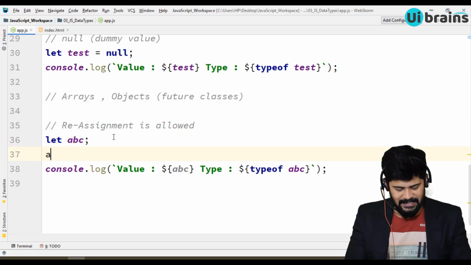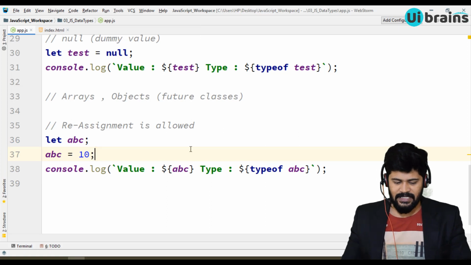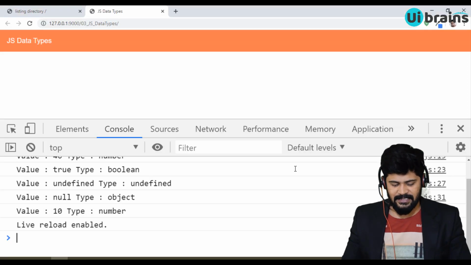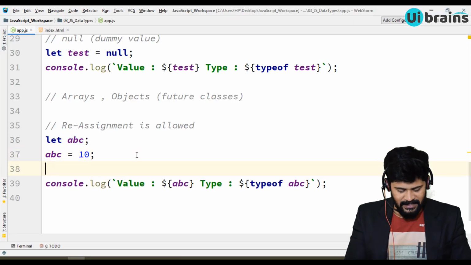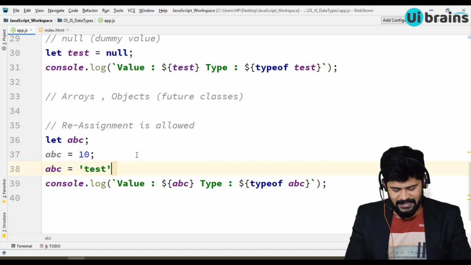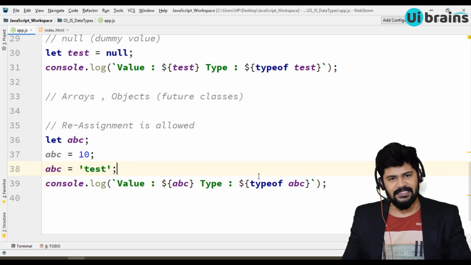Now in the next line I'll say ABC is equal to 10. Now watch, value is 10, type is also number. Next I can say ABC is equal to some text string. Now what is the answer?